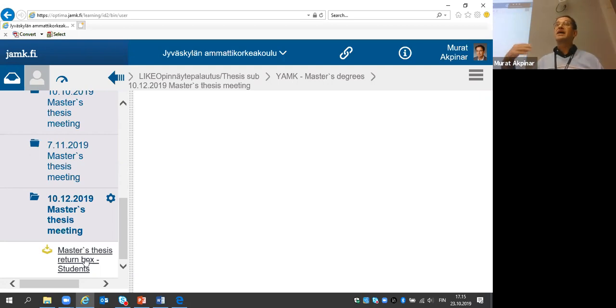So they can accept, they can give you a conditional 4, what the supervisor and the second reader have suggested. In that case, if you want the 4, you will need to do those changes and resubmit your thesis. Unfortunately, the decision will go to the next committee meeting, and we have committee meetings every month. So after December, we don't have anything in January, so the next one is in February, but after February,